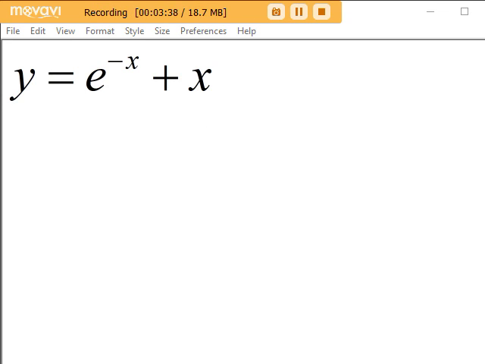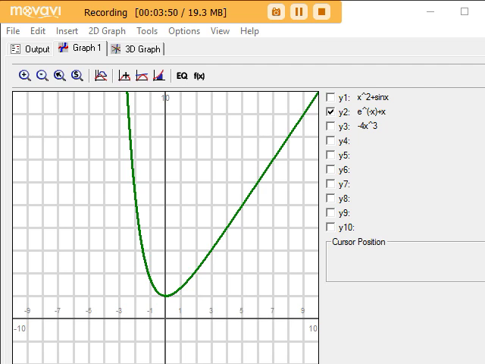Finally, we want to look at what we do in order to find the end behavior model for a function that is not a polynomial or has some elements that are not polynomials. And here would be a good example where we have e to the negative x plus x. So here is what that graph looks like, e to the negative x plus x, and you'll notice here one side kind of has one shape, the other side has a different shape. And so what we're going to do